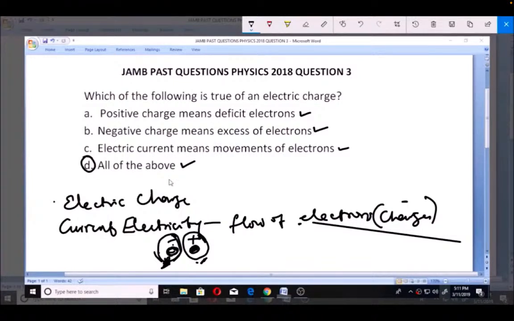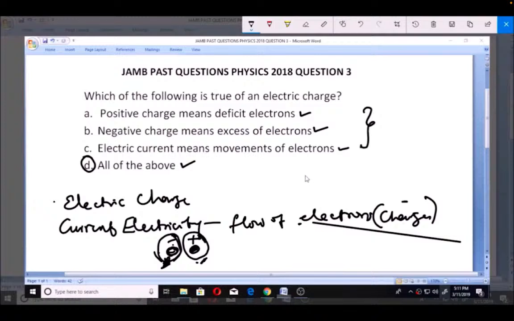So for electric charges, positive charge means deficit electrons, negative charge means excess electrons, electric current means movement of electrons. Then D, all of the above. All of the above is correct because all these three hold true